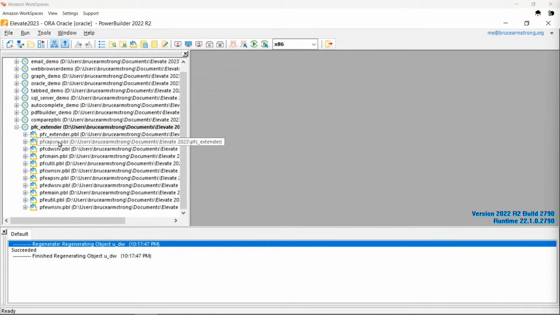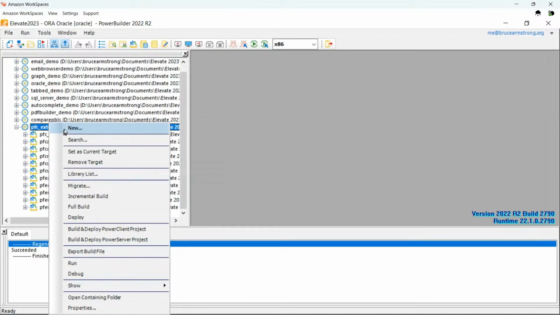So you notice there are the libraries that all start with PFC. Those are the ones that actually contain the code. And then there are the libraries that start with PFE, which contain the descendant classes that you actually reference in your application code, but that don't have any code in them. And so let's say I wanted to extend u_dw, add some of my own custom functionality to u_dw, the DataWindow control user object. What I would do is come in here and say new